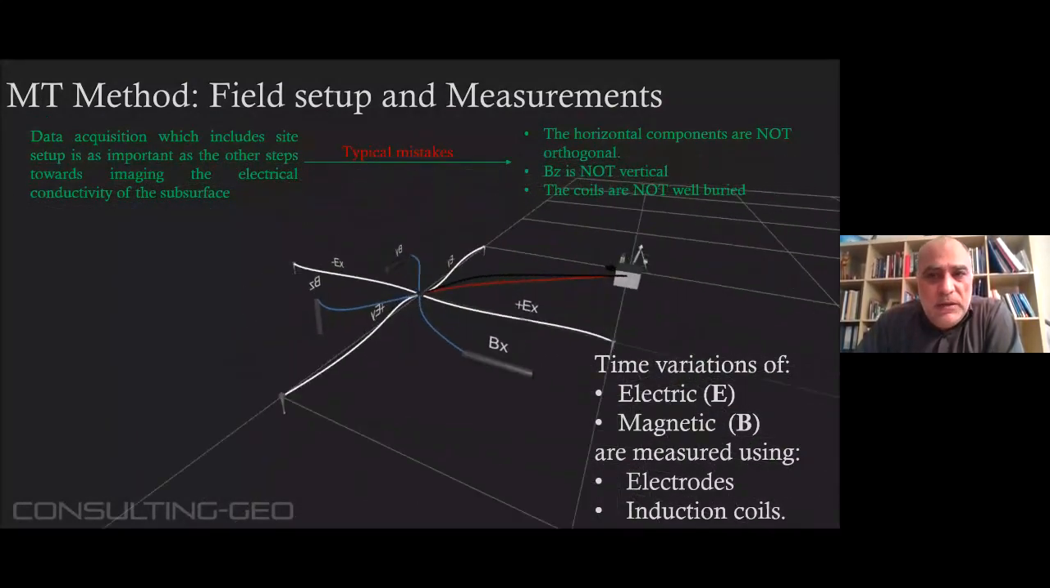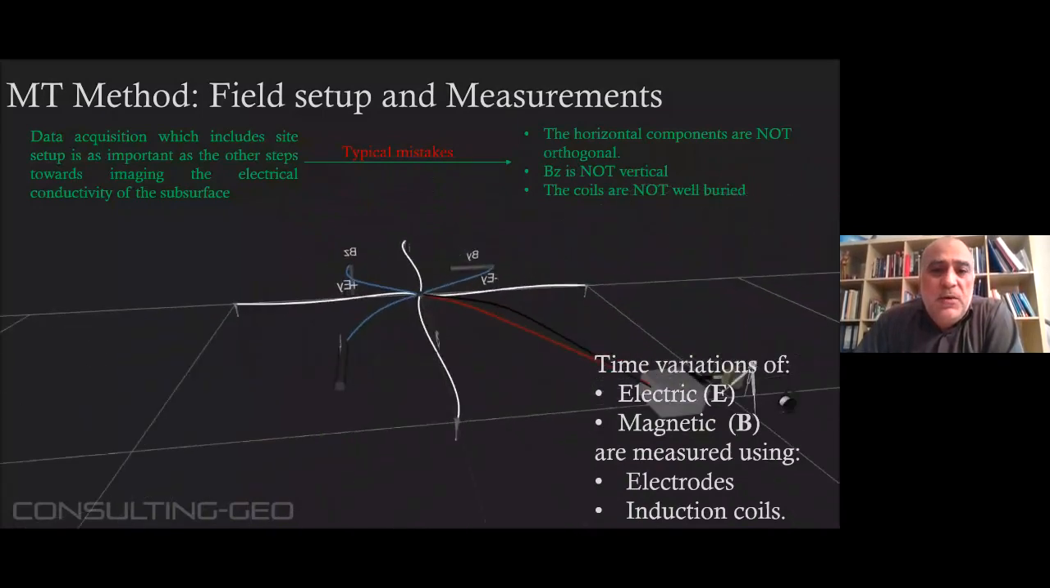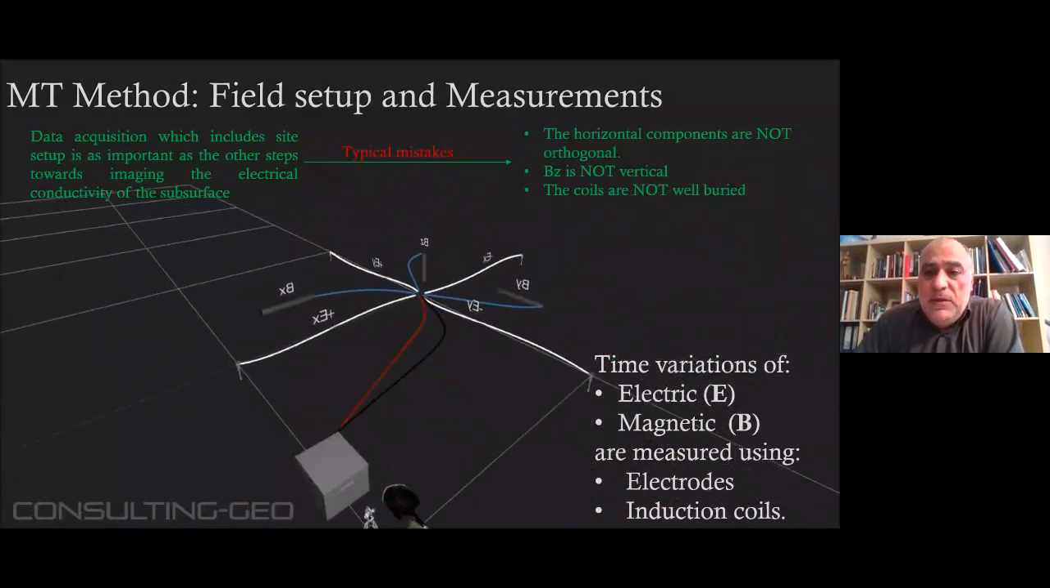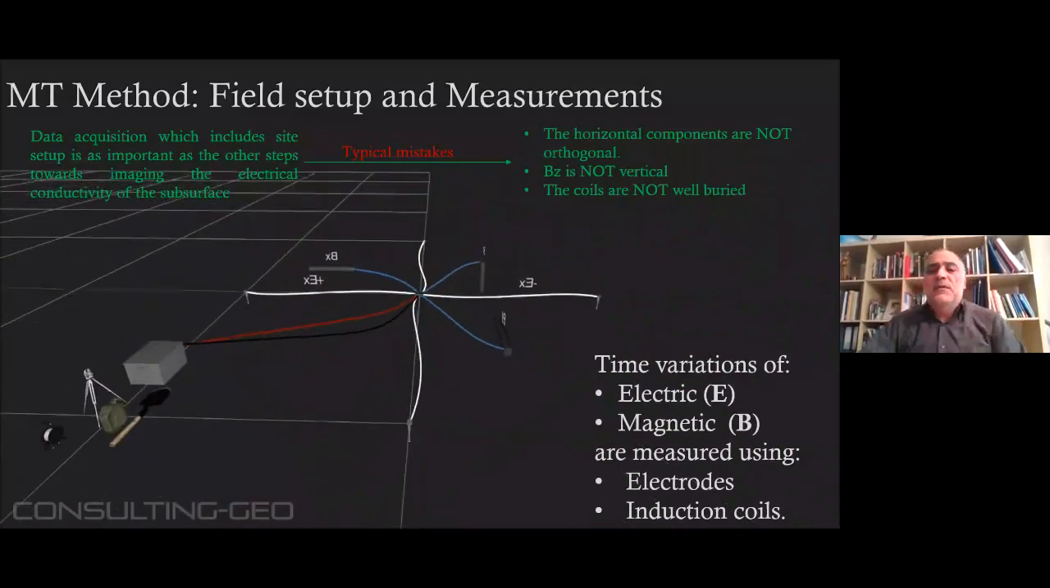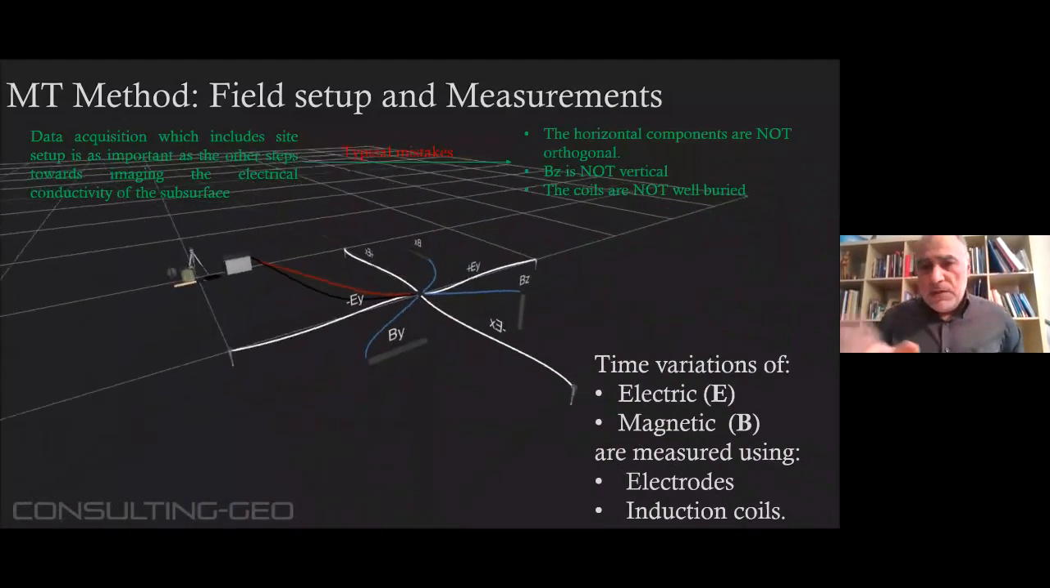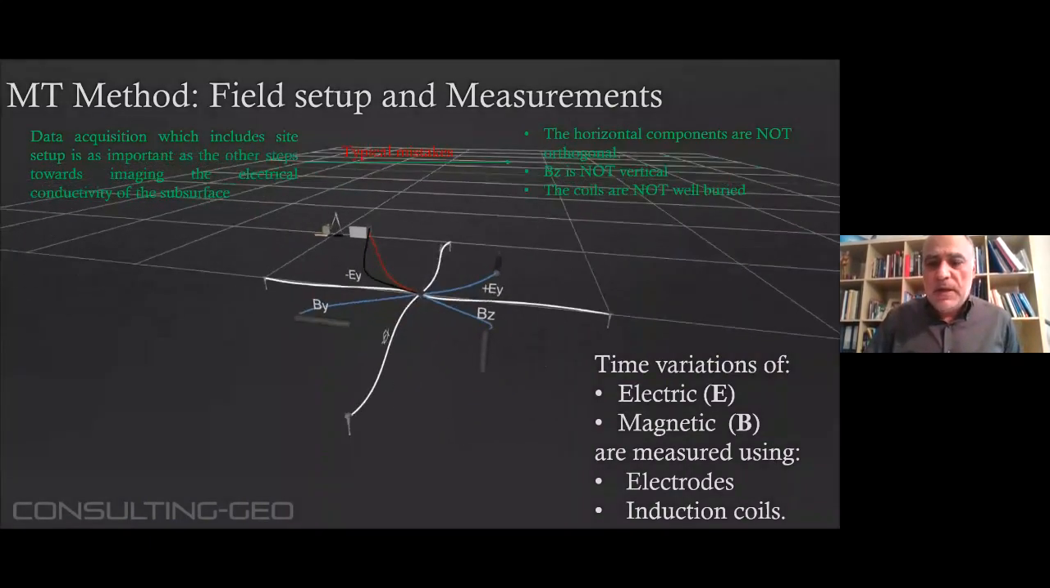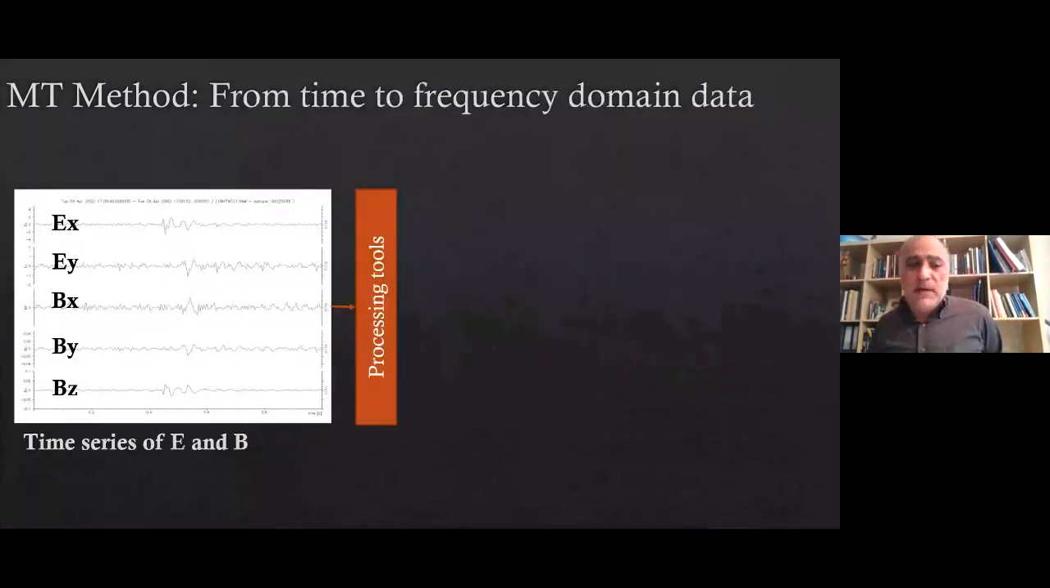And for example, wind will affect or vibrate the magnetic coils, causing some noise on the measured data. So since we are measuring the time variation of the electric and magnetic field, at the end of the day, we will get time series of the 5 components of both electric and magnetic. So we will get the EX, EY, BX, BY, BZ. Some people don't measure BZ, especially in the industry. But as we will see later in some examples, the vertical